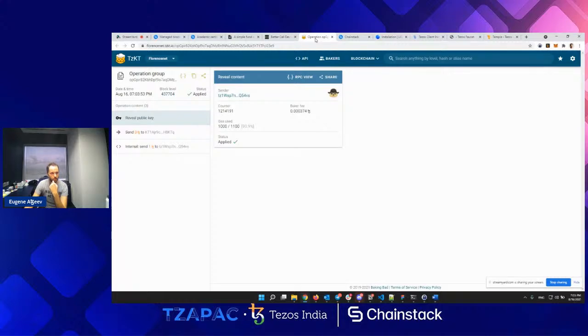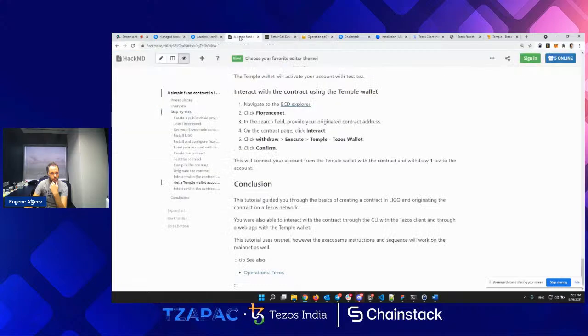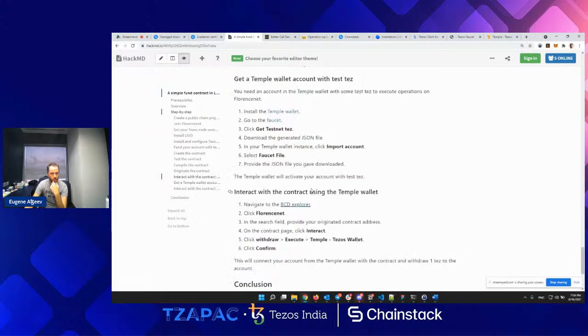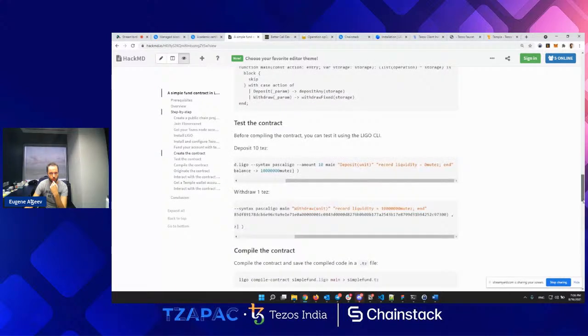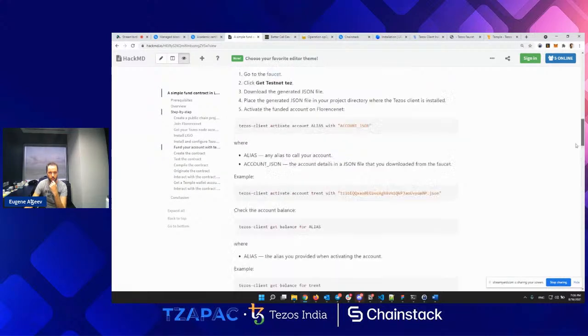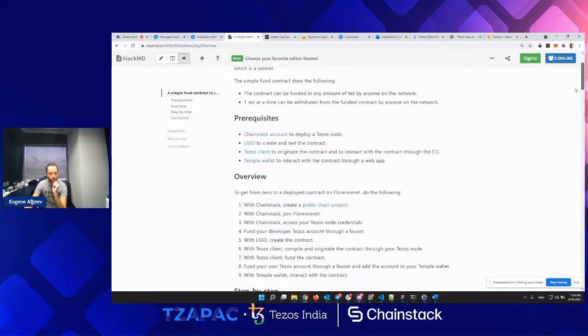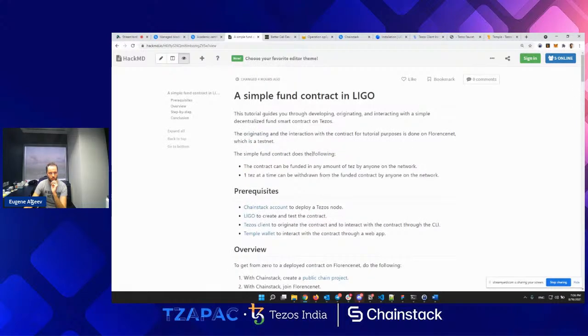So I think that's all for today. It would be interesting to get any questions that you might have with regards to the services that we're going to provide for Tezos, or any feedback on this particular tutorial or workshop, how it can be improved. Maybe we should build another tutorial for Tezos, for maybe less beginners, but more like an advanced user. So yeah, I would be happy to get any questions here. I think we have some time for questions.